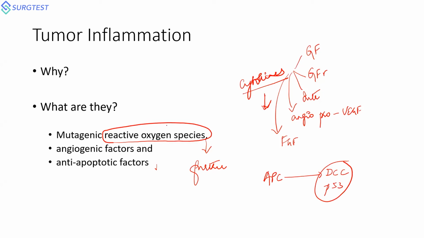It is by production of reactive oxygen species, which will be destroying your DNA. And this particular DNA damage will not be rectified or corrected because already one of the tumor suppressor genes, your APC gene, is being mutated. So further new mutations will occur. And this sequence of events will promote conversion of a normal epithelium into an aberrant epithelium, followed by an adenoma, early, intermediate, and late, finally a carcinoma.